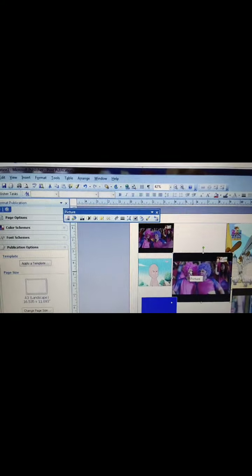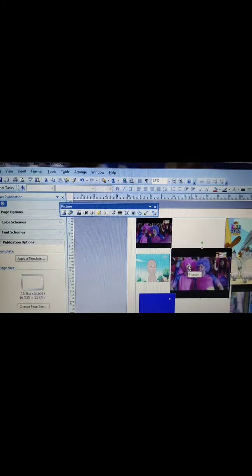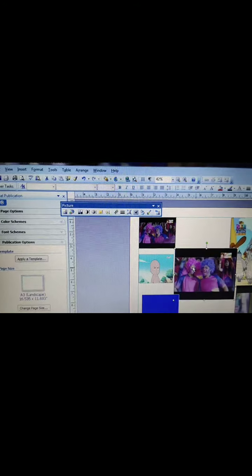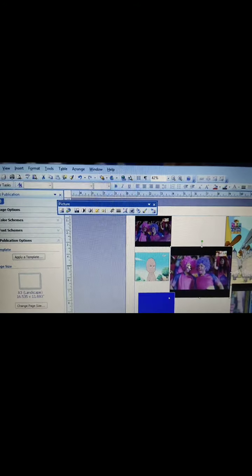Okay, now next one is arranging pictures as thumbnails and swapping pictures. Now you see, arranging pictures as thumbnails, my option is not here. In the 2013 version you will get the option, but since I'm using the 2007 version, my thumbnail option is not here.